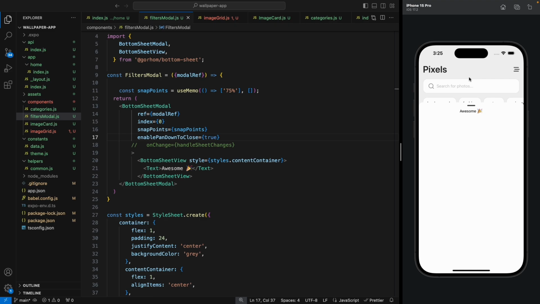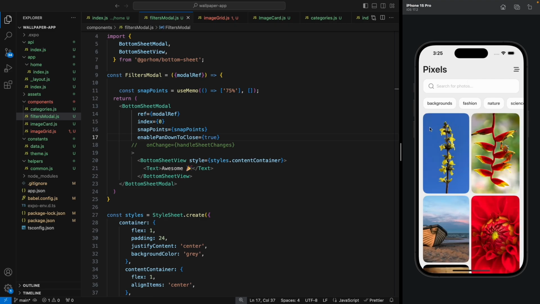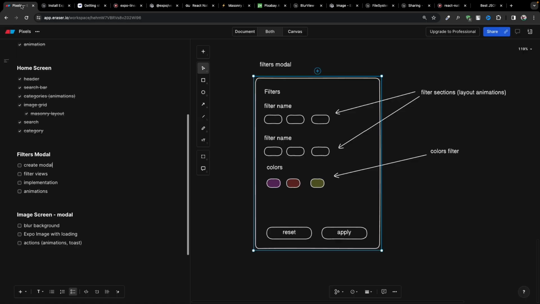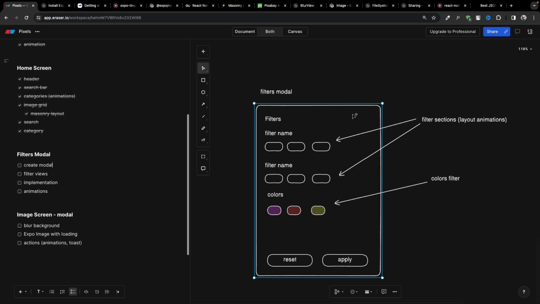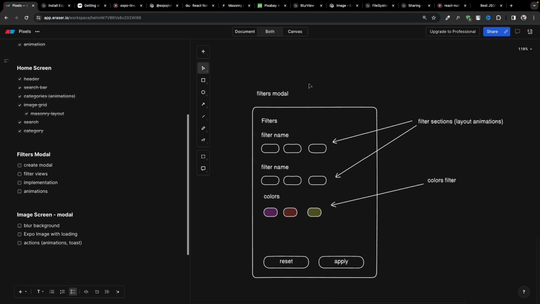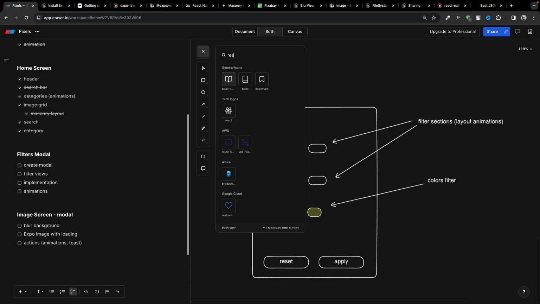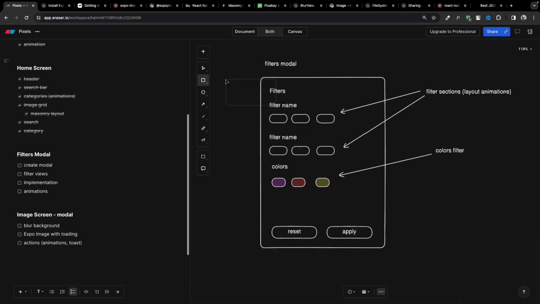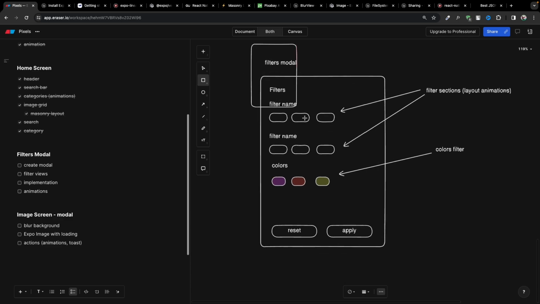So if I open the model now, you will see the background is still the same, and we need to have some kind of a backdrop to separate this from the model. So let me show you what I mean. So this is the filters model, and if we see it in the full screen, let me just draw another